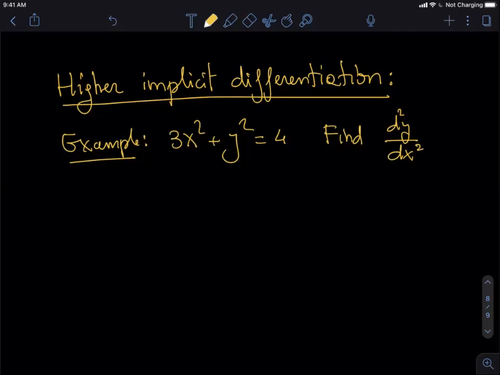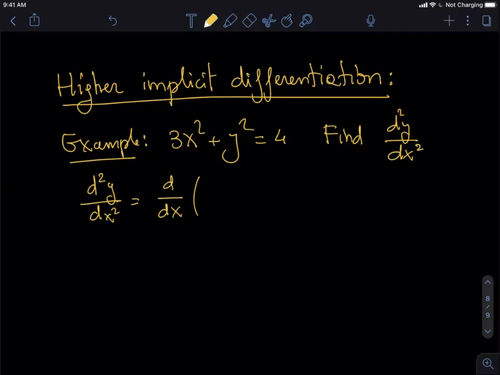In this video, we are going to find a second derivative or a third derivative, as many as we want. That's called a higher derivative using implicit differentiation. This means that what we have learned to do to find one derivative, we can do repeatedly to find higher order derivatives. So in this case, we want to find d squared y divided by dx squared, which means